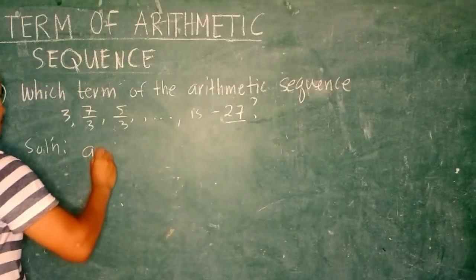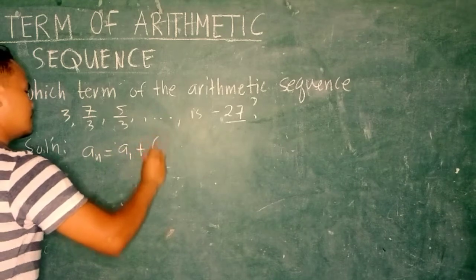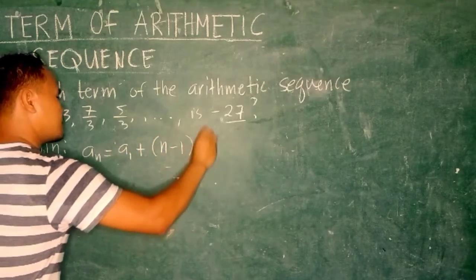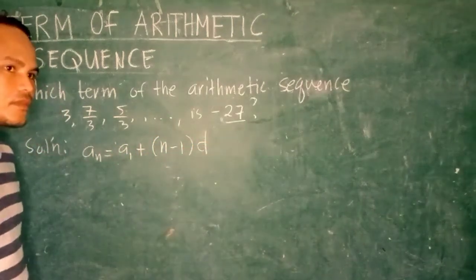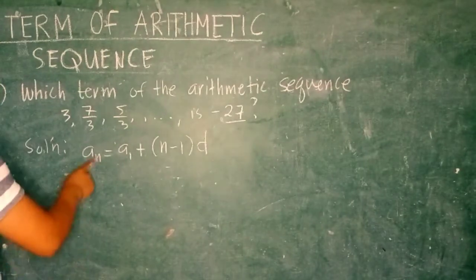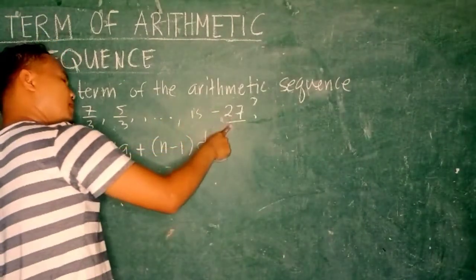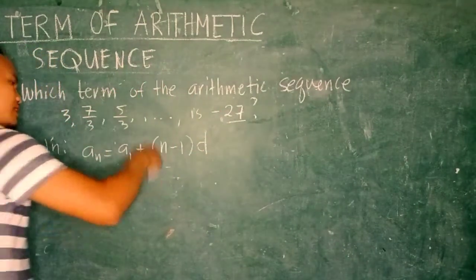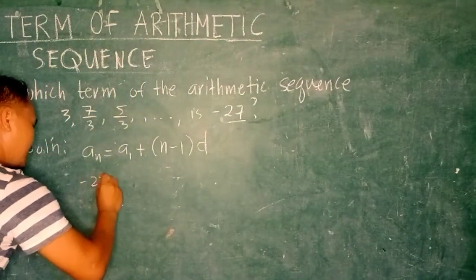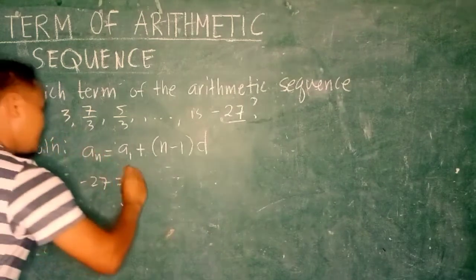A sub n equals a sub 1 plus the quantity n minus 1 times d. Okay. The last term is negative 27. Muna siya ang atong last term. Atong pangitaon ani ang n. So this negative 27 equals, the first term is 3 plus,